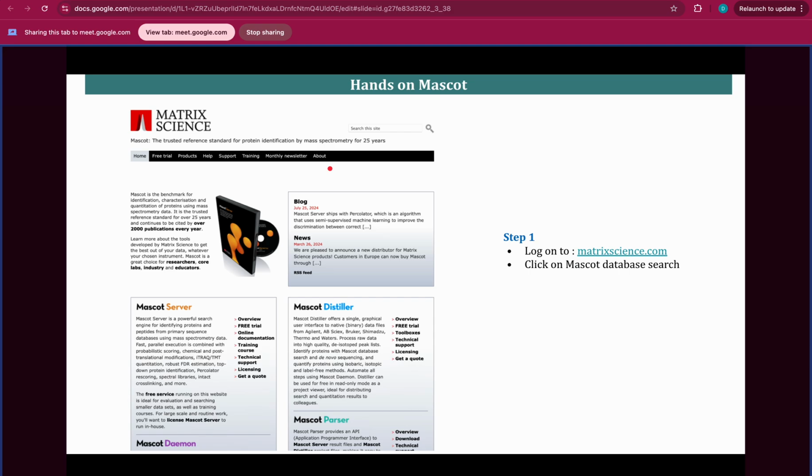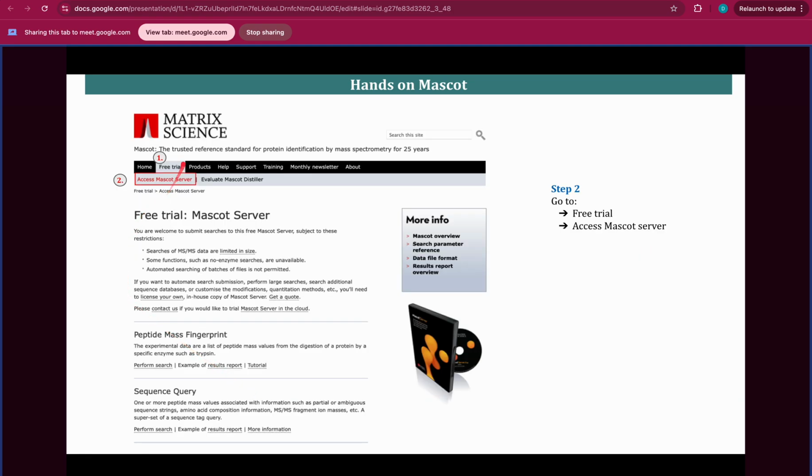Now when you go through this, it's showing home, which will give you entire information about Matrix Science and the MASCOT server, what you can do, what it provides you, and what are the free services which you can use to analyze data. Now you have to go to the free trial, because there is no other option to register. You have to go to the free trial, and then it will show you two options. You have to select access MASCOT server, because we want to access the data. So when you click on access MASCOT server,